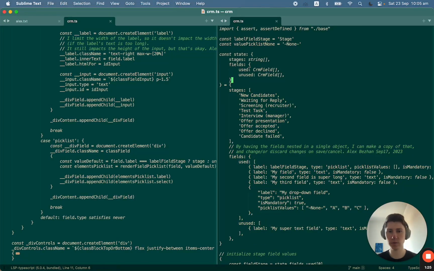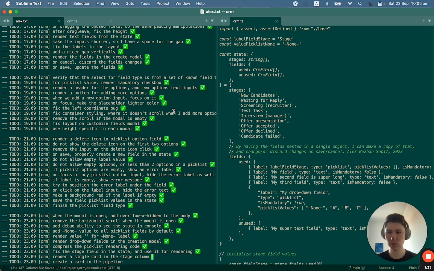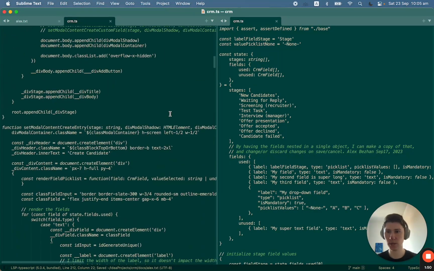Maybe not even pretend, we can just actually create an object. Maybe just create a card object from the model, right? So we have our create entry,